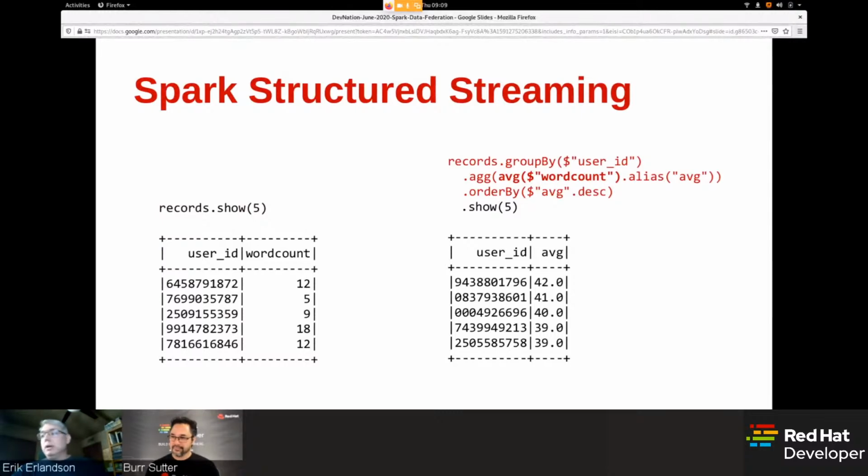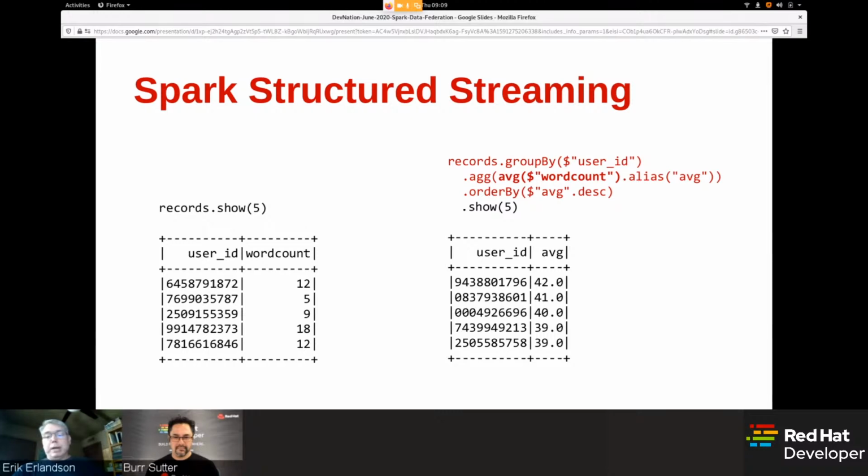Now, Spark has a feature that they call structured streaming, and I'm going to be talking a lot about structured streaming today because it's actually an extremely powerful data federation feature. If you look over on the right, suppose I want to do something very typical of data analytics.